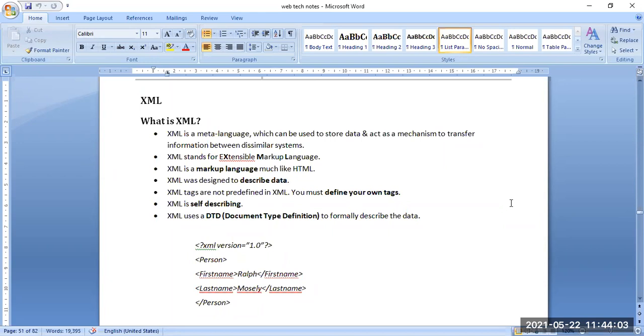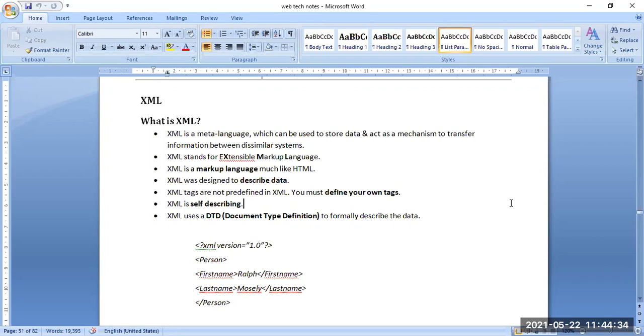So XML is a type of document format with a set of rules that can be easily understood by the machine and also by the human.